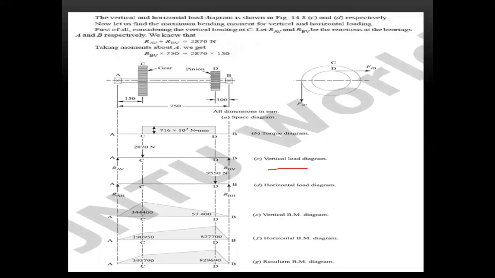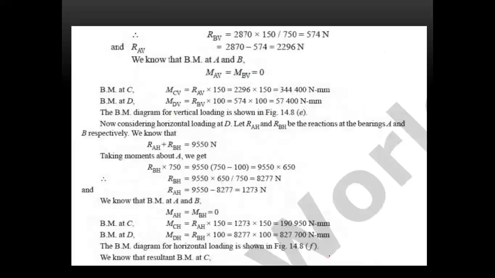Same, the vertical load diagram, horizontal load diagram, vertical bending moment diagram, horizontal bending moment diagram, resultant bending moment diagram. Same, do it again in the same process at C, at B. Therefore, with RAH and RAB, while you are getting this value and bending moment at A and B, we are getting MC and MD. Therefore, the maximum bending moment with this torque, twisting moment, and finally you are getting D is equal to round